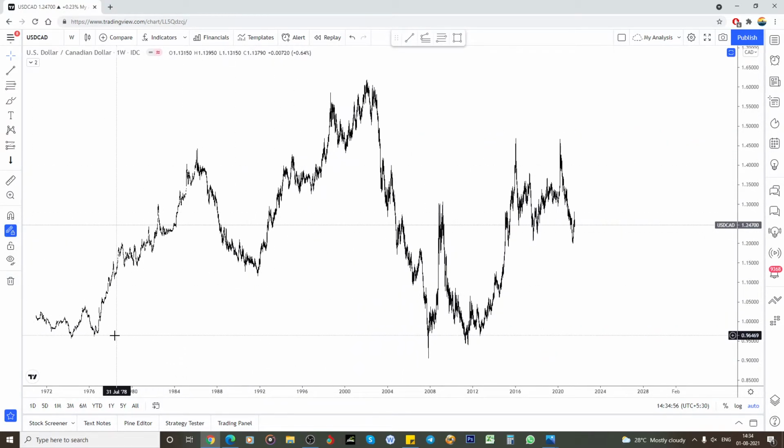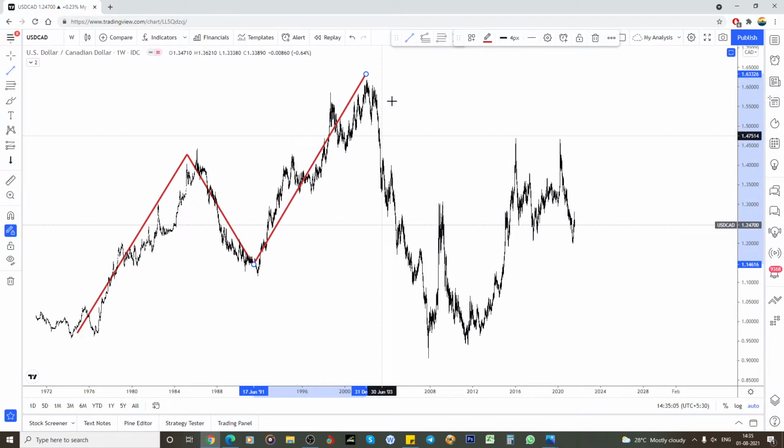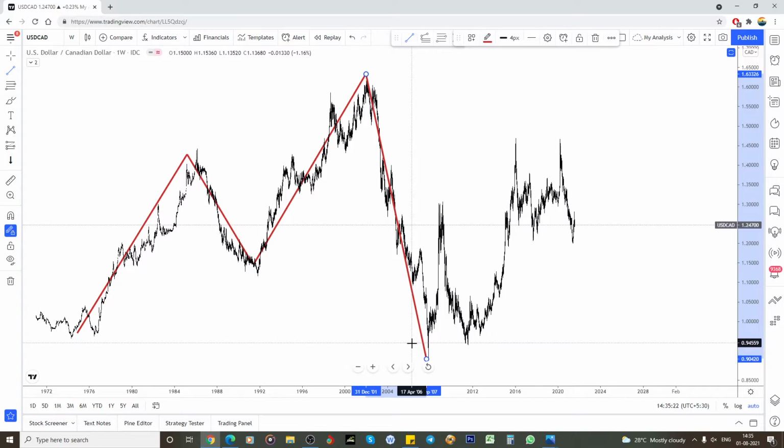So what is it? It shows one three-wave structure has already been completed. That structure has 1, 2, 3, and it's already broken this low also. So this is an impulsive wave to the downside, and we are in the correction for this pattern. We are in the correction.